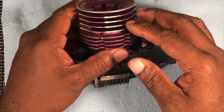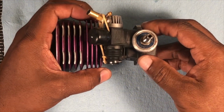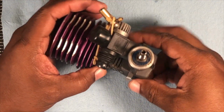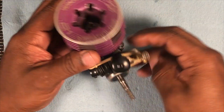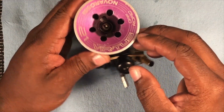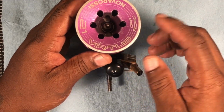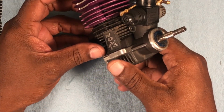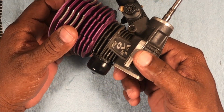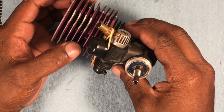But I got this question, diagnosing if you have a bad front bearing. I did a post showing y'all the bubbles. This engine, this is the Nova Rossi Virtus 7.21 off-road engine. This is my man Mo's engine, and what he said was it won't stay idling, and it's